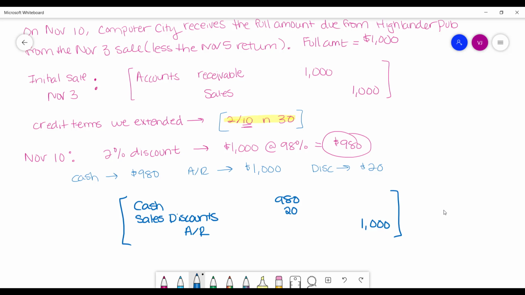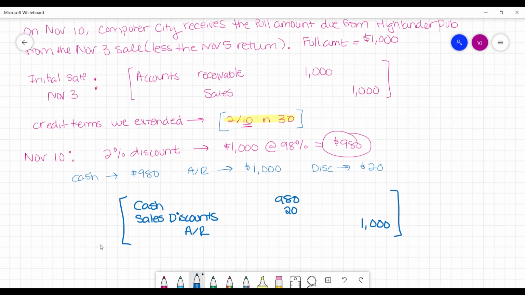So that's what this would look like if you had to record a sales discount if a customer pays within the discount period. If they didn't meet the discount, you'd have just debited cash for $1,000 and credited accounts receivable for $1,000. So just as a reminder, sales discounts and allowances are contra revenue accounts. They reduce your gross sales, your overall sales amount. So net income is going to be incorrect if your discounts and allowances aren't properly recorded. That's why we make sure to record these things very accurately, like we saw how to do now with sales discounts and then previously with your sales returns and allowances.